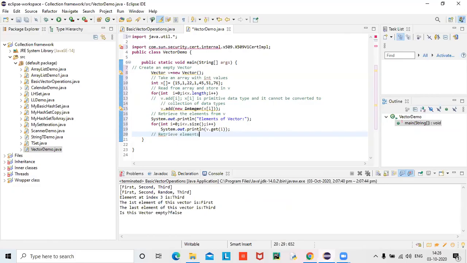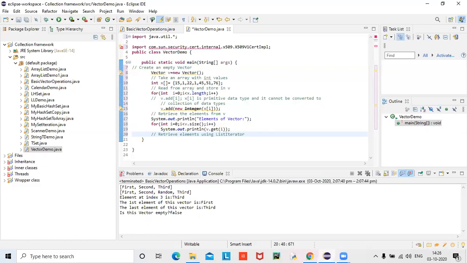Retrieve elements using list iterator. We used iterator in the past. Iterator displayed in forward direction. This list iterator can go in both forward and reverse also, I believe. That's why I'm not able to answer that interview question, I don't remember properly. Let me check once here. I still believe that iterator is only forward direction. List iterator can display the elements both in forward and also backward. I will check that.